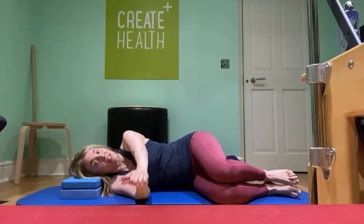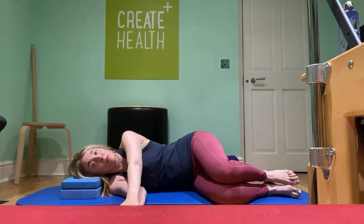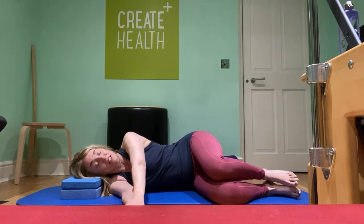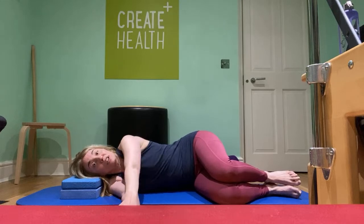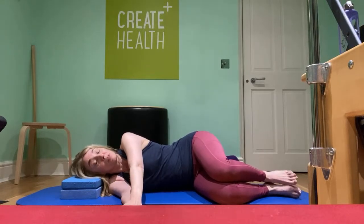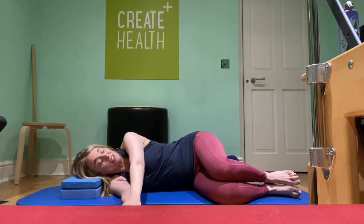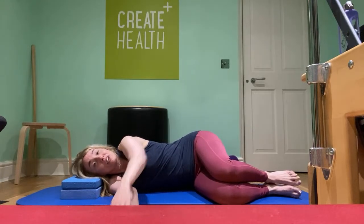I'm going to put my arms like this, hopefully you can still see. So my top hand is just resting on my bottom hand on the floor or on my bed. We're going to encourage, again, some gentle rotation. So, if I wanted to slide my arm towards you, I'm not going to do it from my shoulder, even though I've got very mobile shoulders, I can easily do that, but my body hasn't moved, and that's probably part of the problem with subluxations, thinking about it, because I've got really mobile shoulders, I can reach, but this bit